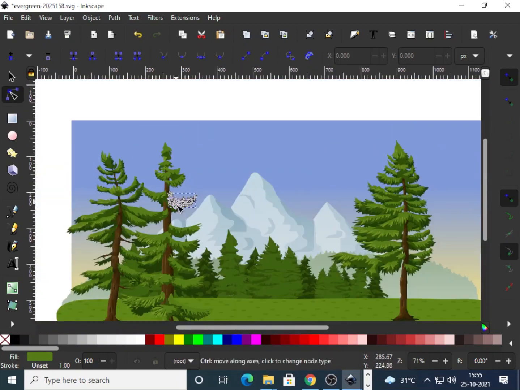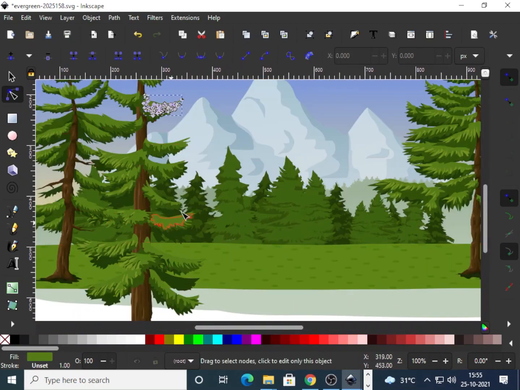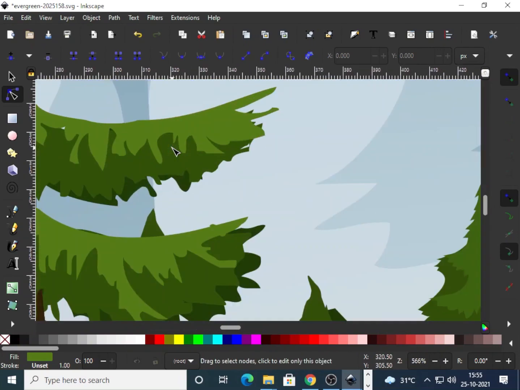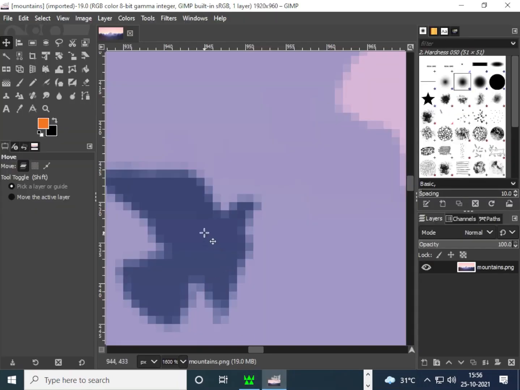This is what you do, your logos and everything are done as vectors because you require to use them in multiple places. So that's one major difference when you're working with a tool like GIMP and a tool like Inkscape here. This is a complete vector tool. I'm showing you the difference so that you understand what it is. GIMP is like a photograph or something that you click.